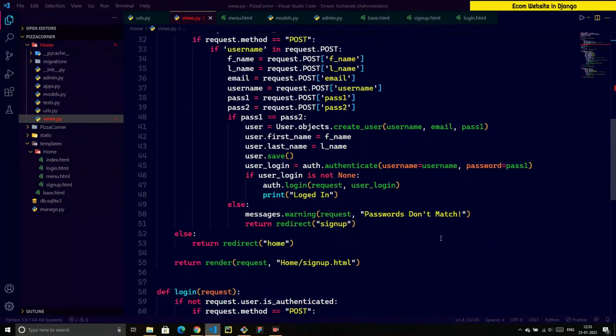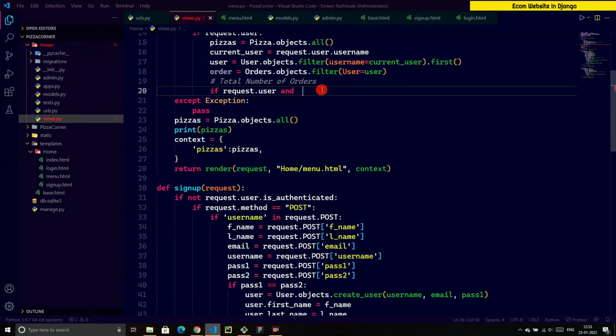So I want to check that the request.user is not an anonymous user. If request.user is not equal to AnonymousUser, give the braces, and then